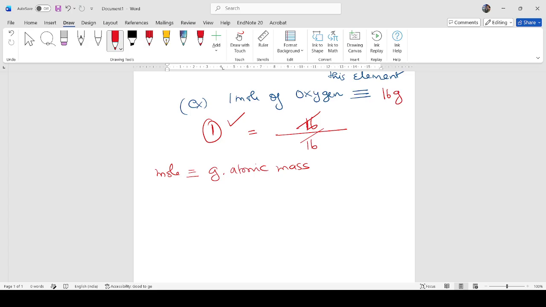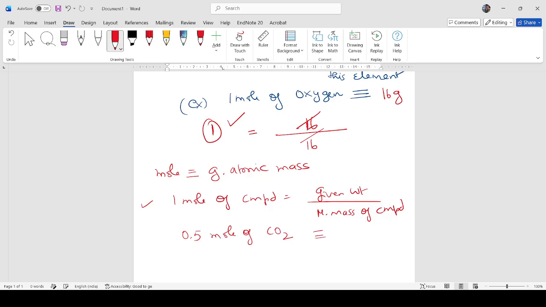Similarly, let us talk with respect to a compound. 1 mole of a compound will be nothing but given weight divided by molecular mass of this compound. Do not get confused with weight and mass here. In physics you need to give it topmost priority, but with respect to chemistry, you exclude this gravitational concept. So weight and mass are both the same in chemistry. So when I say it is 0.5 moles of carbon dioxide,